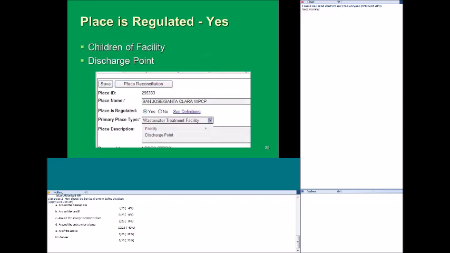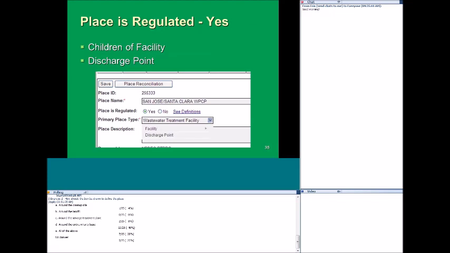And so what we did is add this radio button or question, place is regulated, yes or no, before the primary place type menu, in order to filter what options you see in the place type menu.